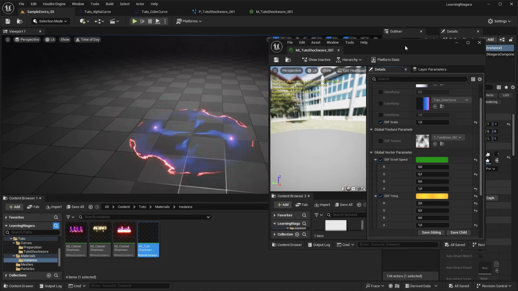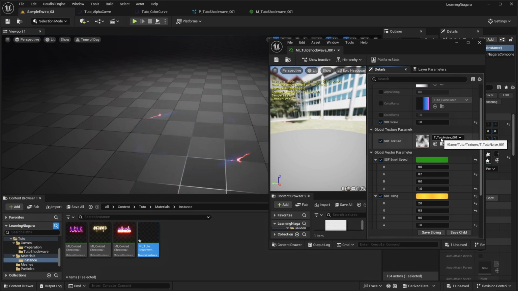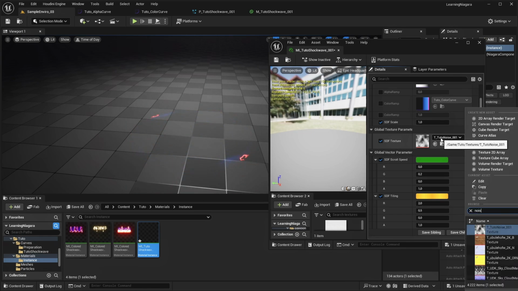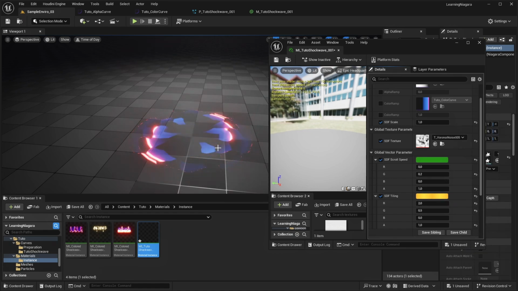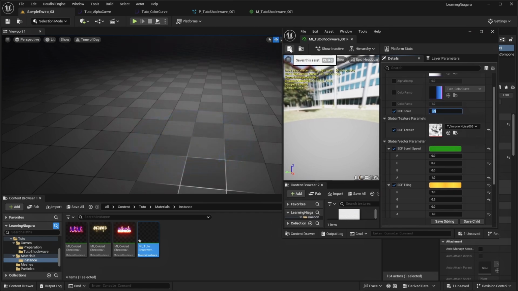Now the effect is finished, but we can go further by editing the material more, or just adjusting the noise texture. So maybe in my project I have something to show you, like I know this one. You know that we have something kind of different that could fit another artistic direction, but the result is pretty cool. So I let you play with that, and see you around with another tutorial.